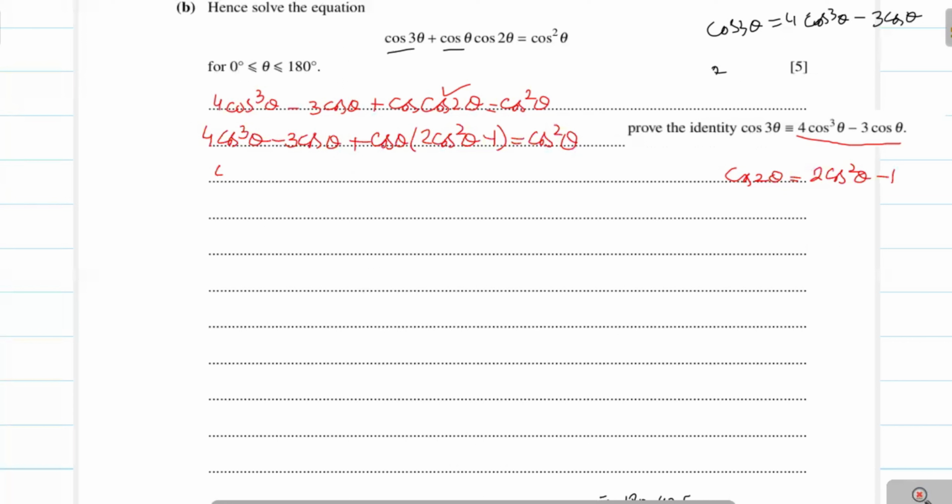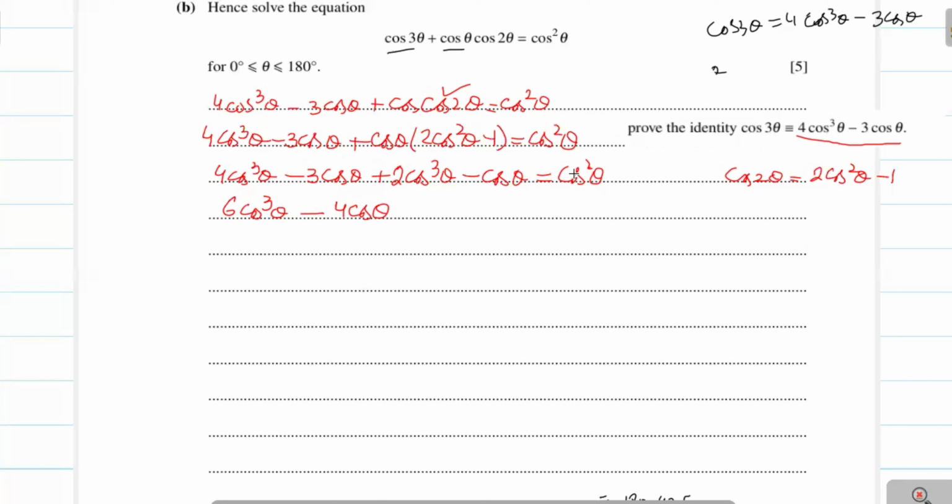Next we write 4cos³θ minus 3cos θ plus cos θ times (2cos²θ minus 1), that's equal to 2cos³θ minus cos θ, equal to cos²θ. Now 4cos³θ plus 2cos³θ becomes 6cos³θ, minus 3cos θ minus cos θ would be minus 4cos θ,